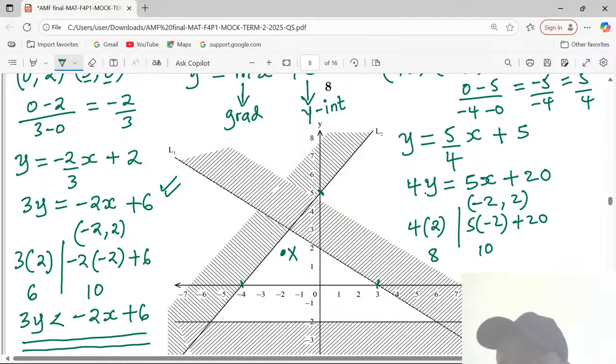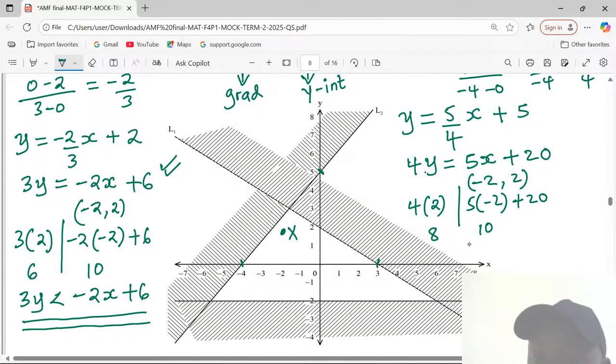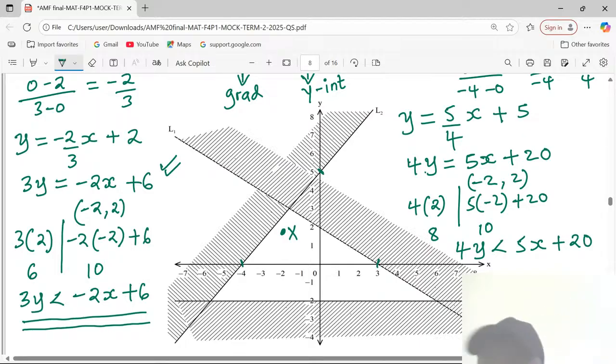The relationship between 8 and 10 is that 8 is less. Therefore, the symbol is less than. So, 4y is less than 5x plus 20. But something else that you're supposed to be very careful with, when you look at the graph very carefully, you